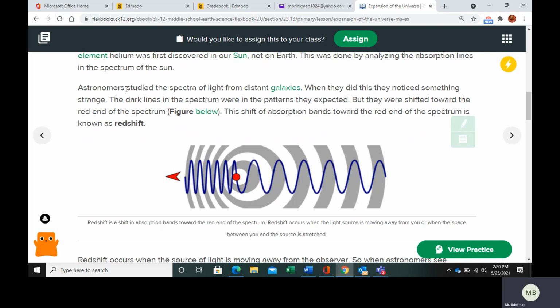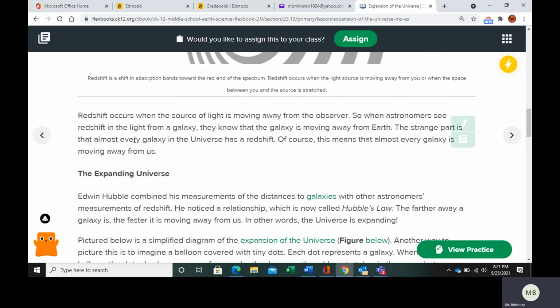So astronomers use this same technique to study the spectra of light in distant galaxies. But what they noticed was that the dark lines, not only were they the patterns they expected, but they were shifted toward the red end of the spectrum. The shift toward the red end of the spectrum is called redshift. Redshift happens when the source of light is moving away from the observer. So what this means is that